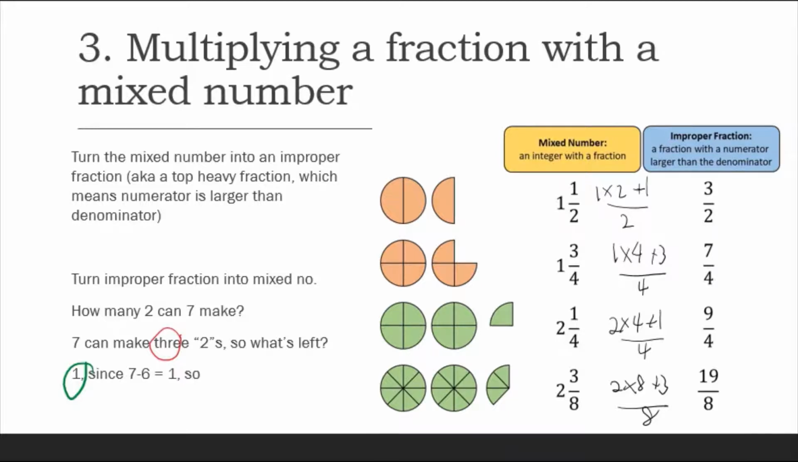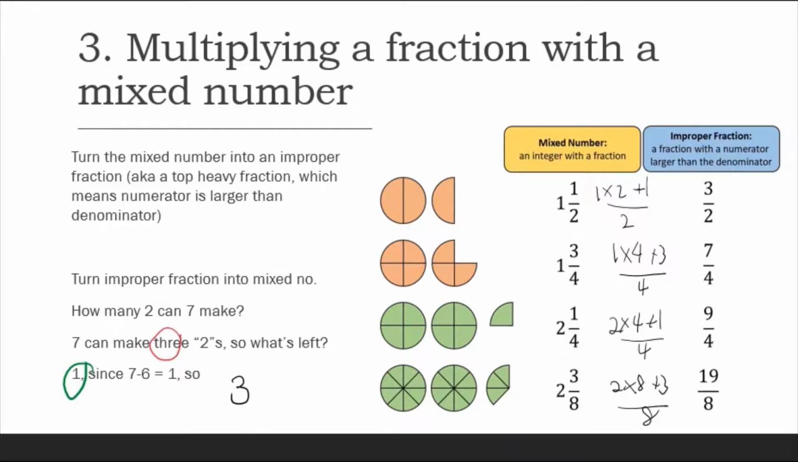To turn an improper fraction into a mixed number, you have to ask yourself two questions. First, maximum how many denominators can the numerator make? And second, how many is left? Here's an example using 7/2. 7 can make 3 2's. So 7 minus 3 times 2, or 7 minus 6, gives you 1. So 1's left. So the answer you get, if you turn 7/2 into a mixed number,